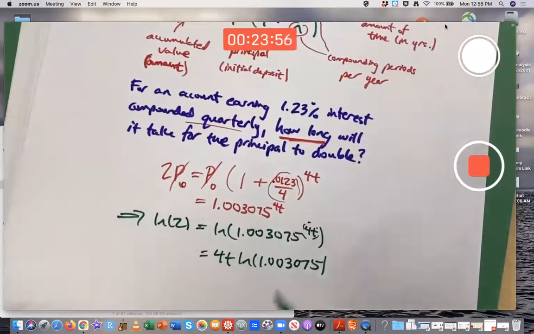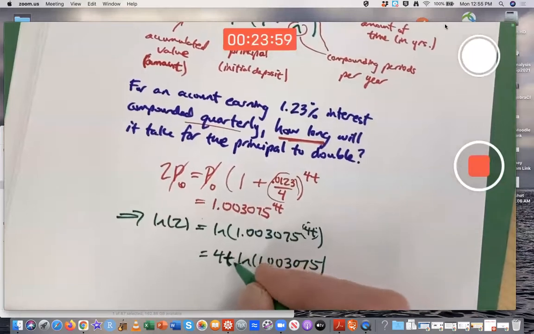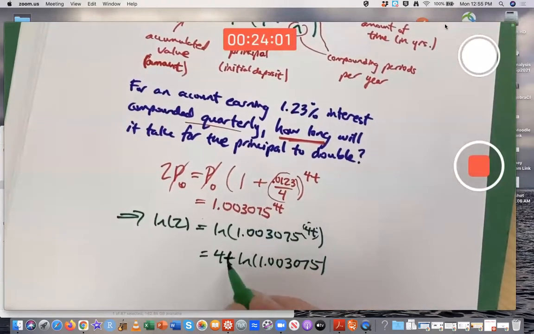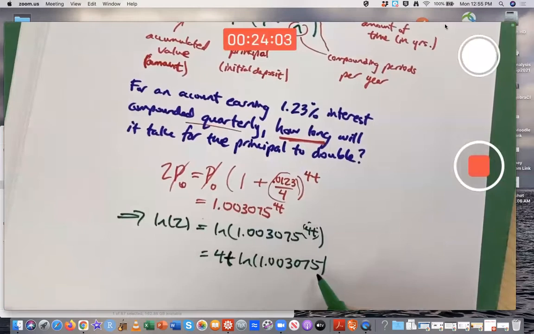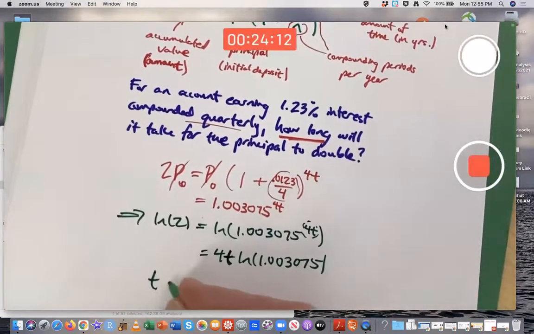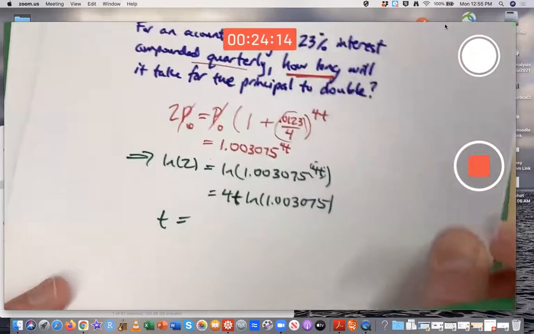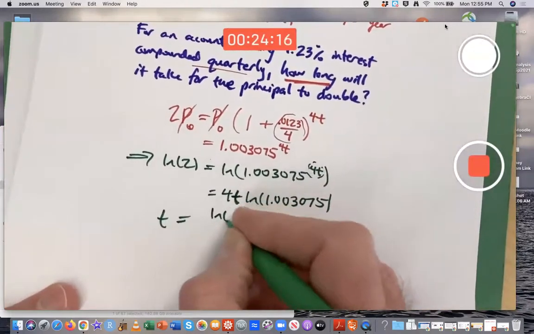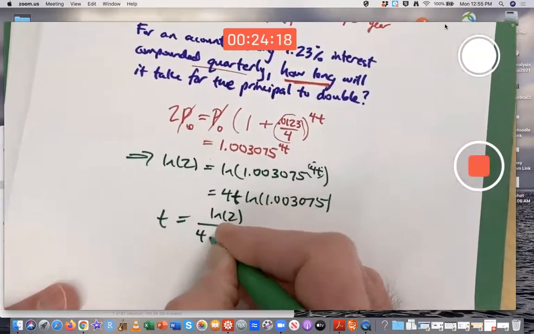So what do we have here now? To finish, we have 4t times, these are all being multiplied, 4 times t times natural log of this thing. So divide everything by 4 times natural log of that thing so that t is isolated. I'll go ahead and put the t on the left. T then becomes natural log of 2 divided by 4 times natural log of